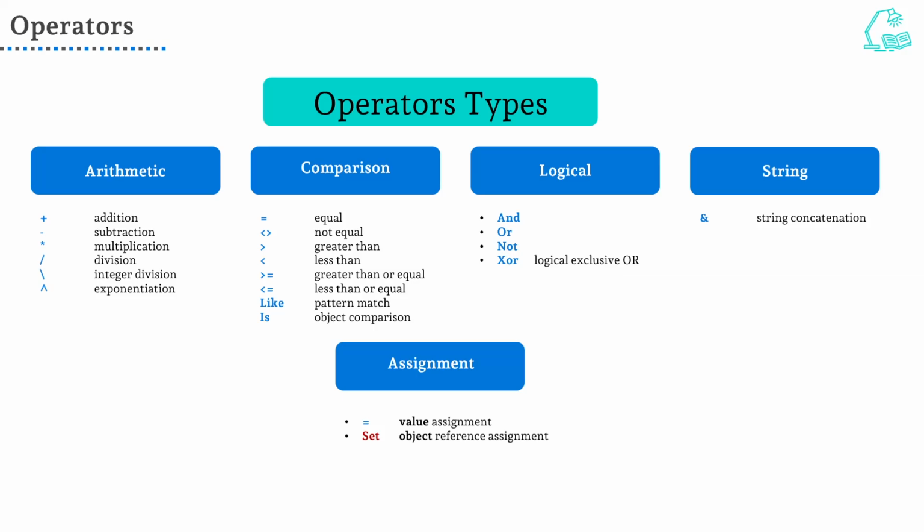The Set operator, on the other hand, is used exclusively to assign object references. This includes objects such as ranges, worksheets, workbooks, or custom class objects in VBA. Without Set, VBA would not know that we intend to store a reference to an object rather than a simple